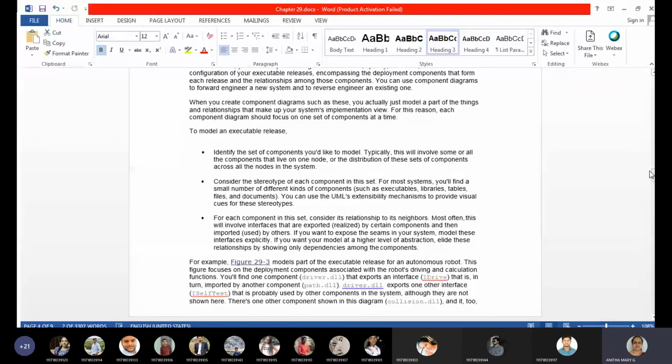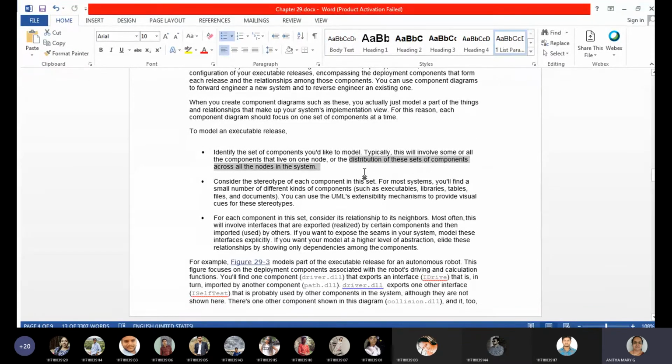Here also, first we need to identify the components based on the model you have considered, and then involve some or all of the components that live on one node. So during execution time, what are the components, what servers do they live on, and the distribution of this set of components across all the nodes in the system also needs to be considered.